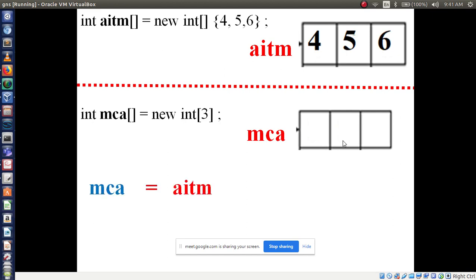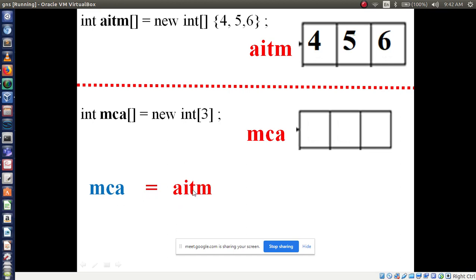Now see what will happen. Now I am referencing from one array to another array. How are we going to reference? Whatever elements are there in AITM, that will move on to MCA. Is it clear? MCA is equal to AITM means what? What is the meaning of this line?